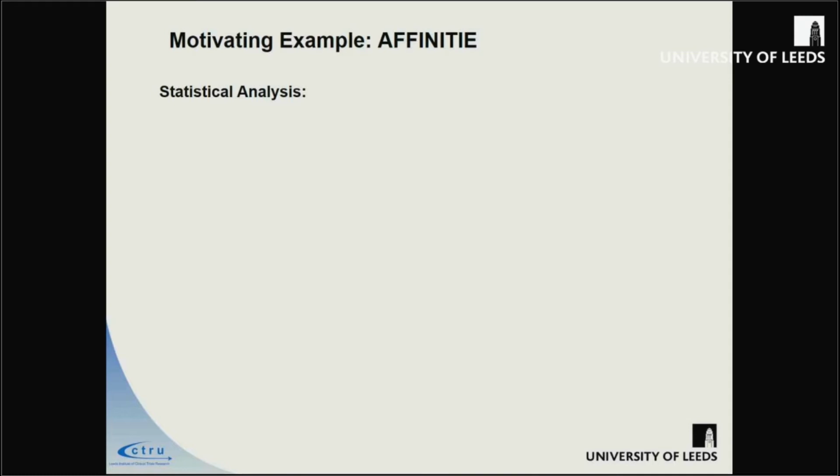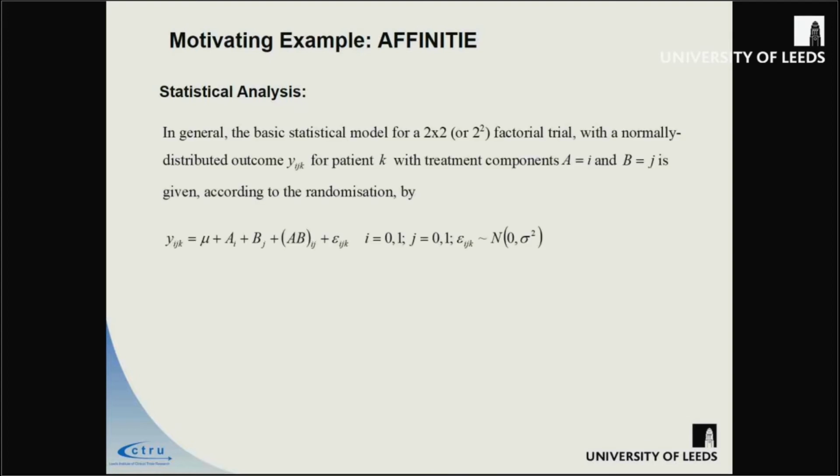So the other part of this was also on the lines of a cross between what is standard within clinical trials and what probably shouldn't be. And the first part is that there is a discussion about how you analyse a factorial trial. So in my mind, you include an intercept term, you have a main effect for the first component, a main effect for the second component, and then an interaction for the two, and then an error term. So it's relatively straightforward, that's roughly what you'd expect. You might put in some covariates for your design factors or something of that sort as well.